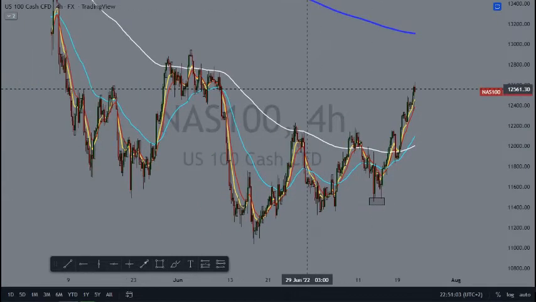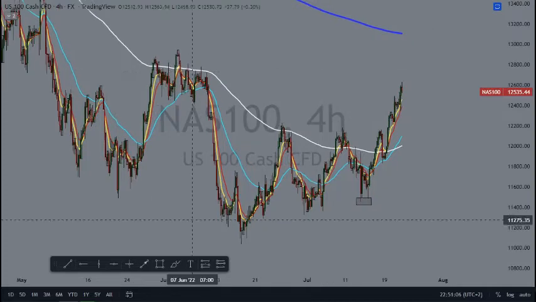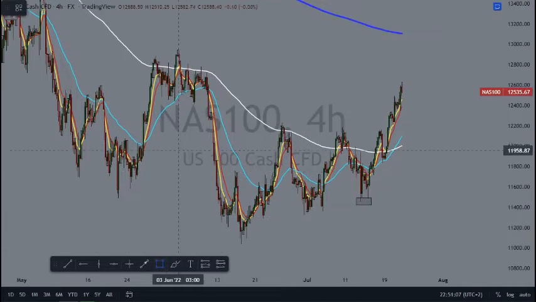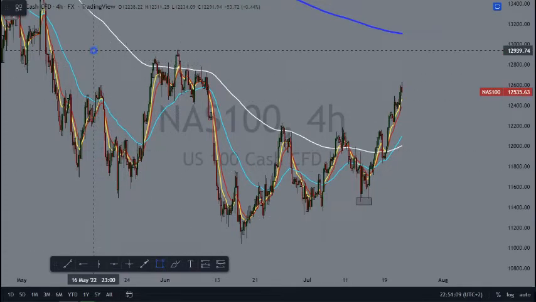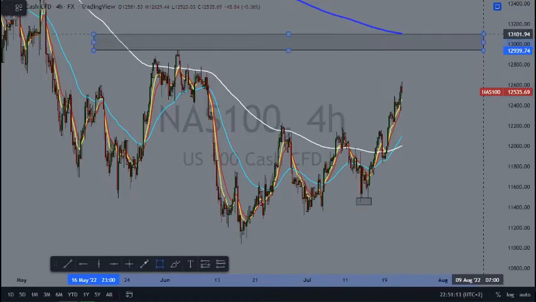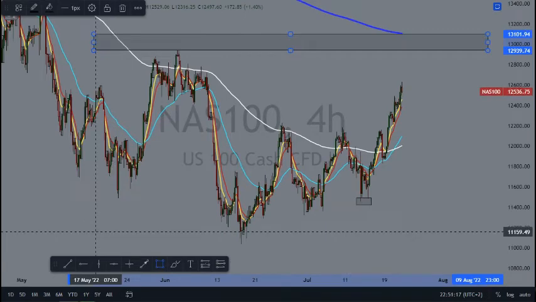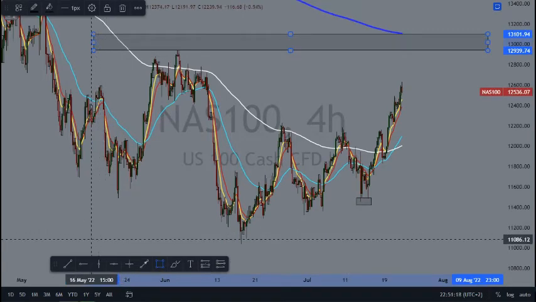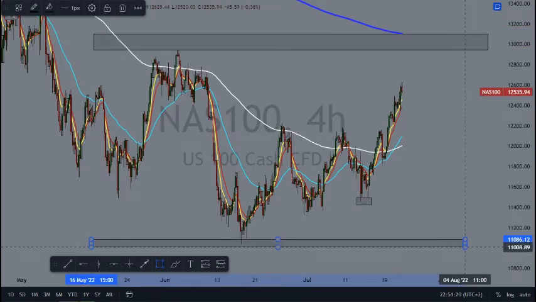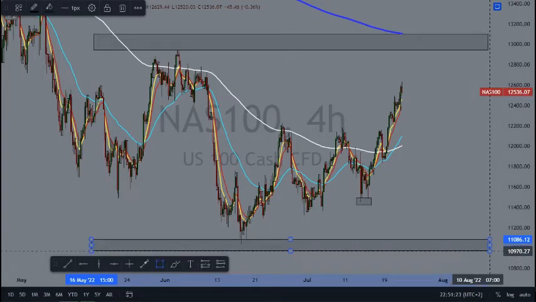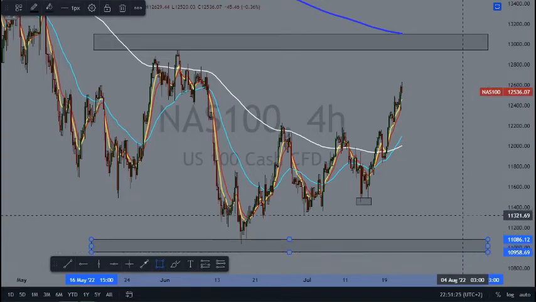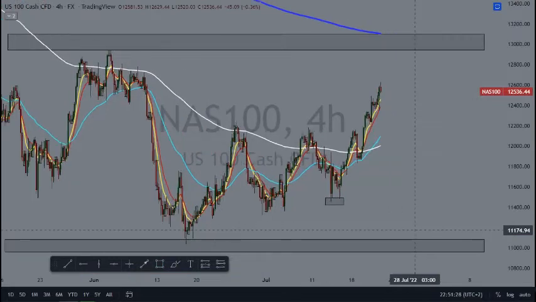As we can see here on the 4 hour time frame, let me just draw my support and my resistance zones. This will be my resistance zone and this will be my support zone. This will be my resistance zone and this will be my support zone. So this is how we are going to do it. So we can see